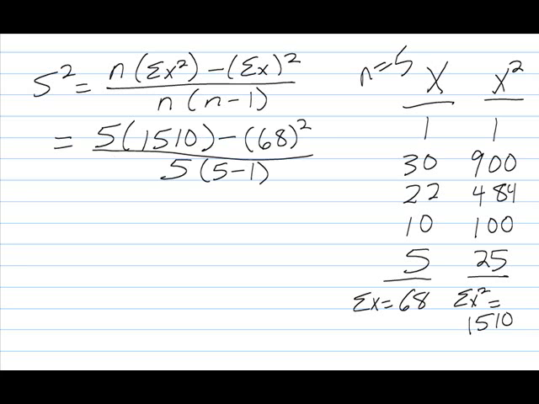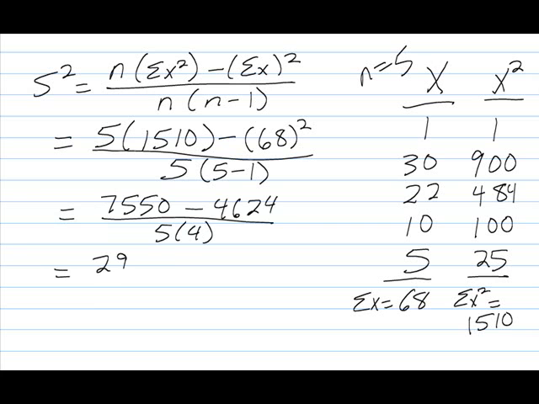So once you get to this point, it's really a matter of cranking out the math. So 5 times 1510 is 7550. 68 squared is 4624. And that is over 5 times 4. Do your subtraction and you'll get 2926 over 20. And if you work that out, you get